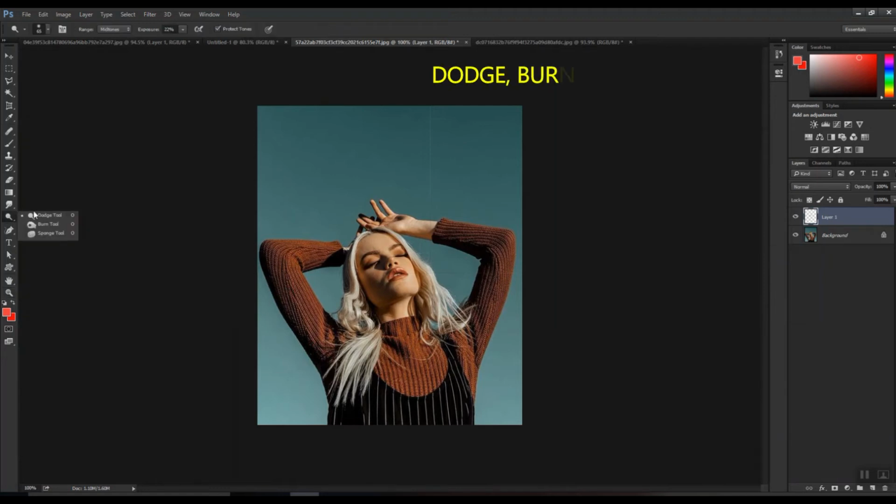They are the dodge tool, burn tool and sponge tool. So the dodge tool is basically used to highlight or to brighten your images, and the burn tool is used to add more shadows or to darken a particular area or to darken your images, and the sponge tool is used to saturate and desaturate your images. In simpler words, to increase or decrease the intensity of a particular image. There are some images in which we need details, so in such cases these tools are preferred.